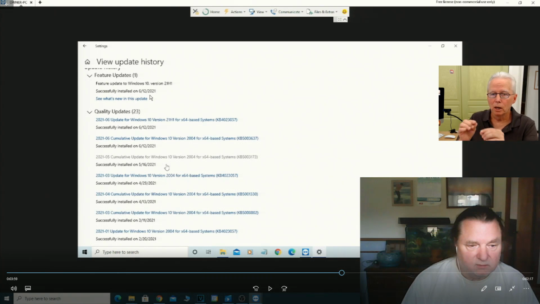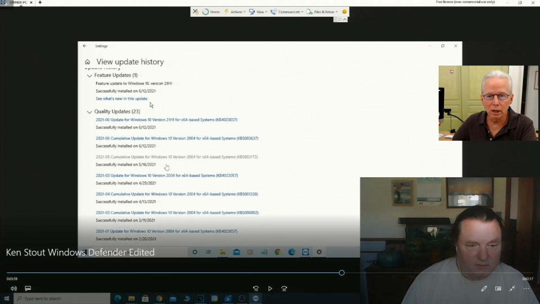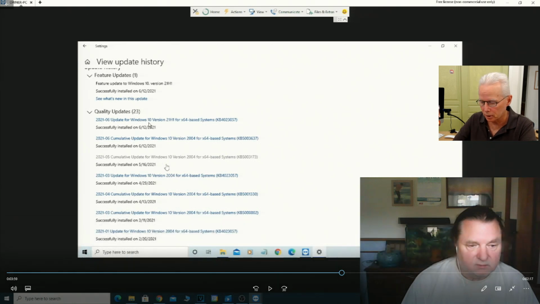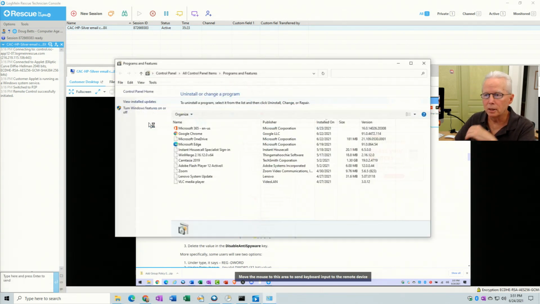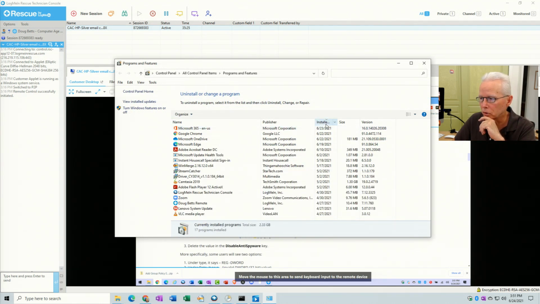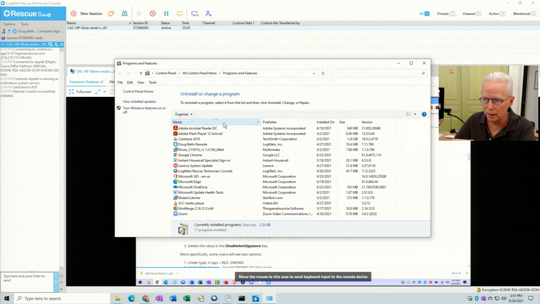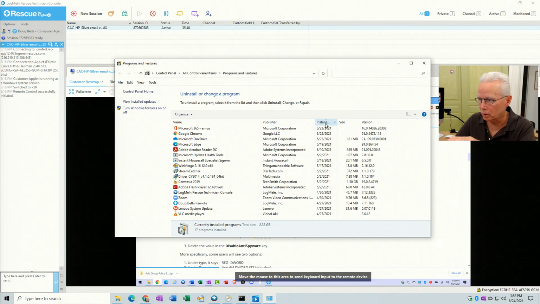So another place to go look is in Add Remove Programs to see if there was any other software installed during that time. And to do that, I'm going to press Windows key R and then type appwiz.cpl, which gets into Add Remove Programs. So here you can sort based on date. Usually this will by default be sorted by the name column. This little arrow up here in the middle of that column title says we're sorted in order by that. So I want to sort in order by date